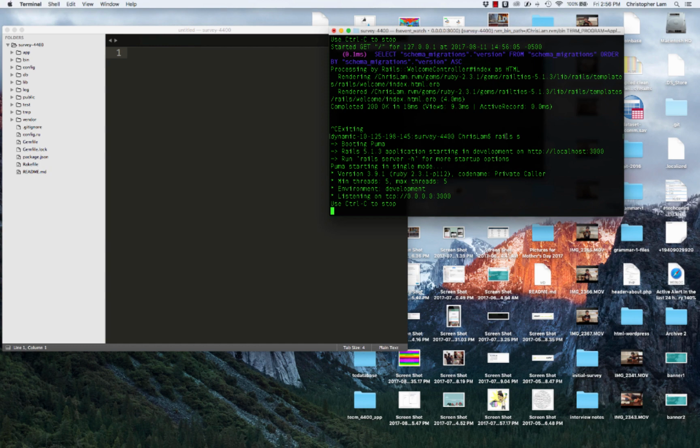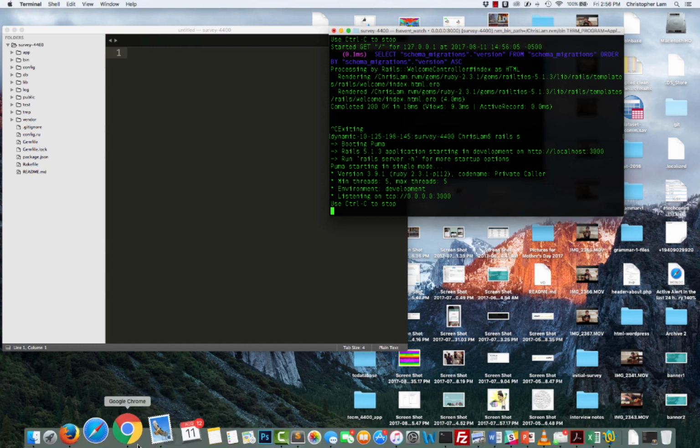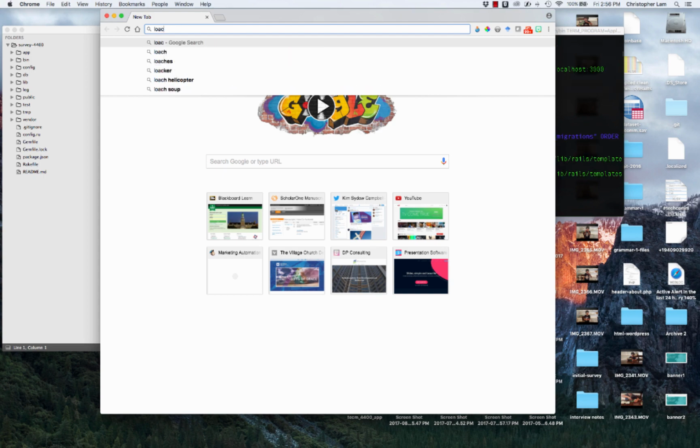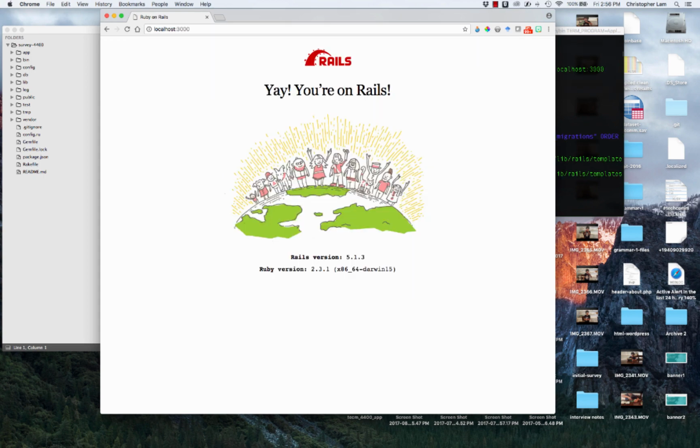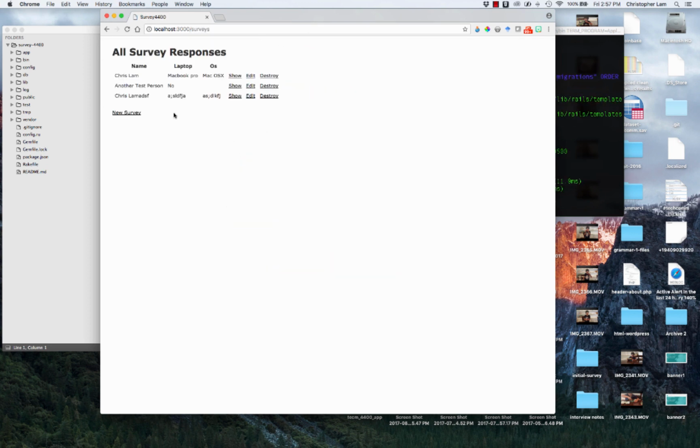Again, that's the command rails s. And we'll go to localhost 3000. And you'll notice that our front page is still our Rails splash page. If we go to localhost 3000/surveys, it'll work and it'll pull up our app, but that's a function of